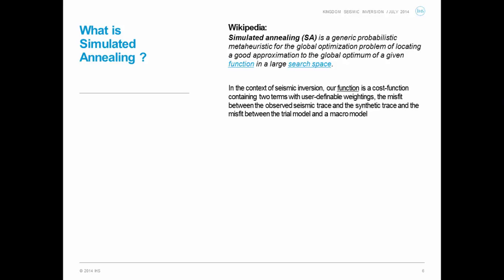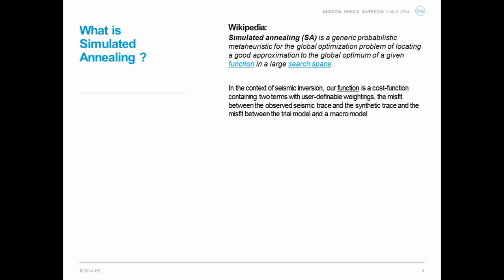Now, our objective is to generate acoustic impedance traces that, when converted to reflectivities and convolved with our seismic wavelet, result in synthetic traces that match the actual seismic. Clearly, to attempt this by exhaustive enumeration, that is, methodically trying every possible acoustic impedance trace until it matches the seismic, is way beyond the compute power we have at our disposal. Some other optimization methods can stop too quickly when coming to a solution. Simulated annealing has the distinct advantage that it can hop out of non-optimal solutions and continue to the best solution